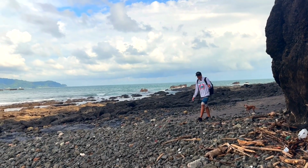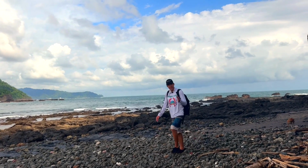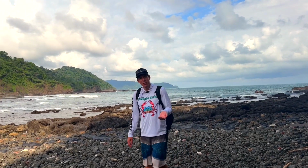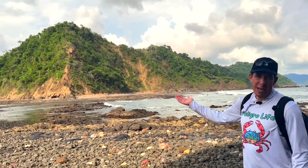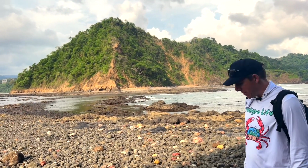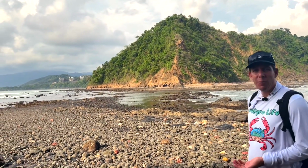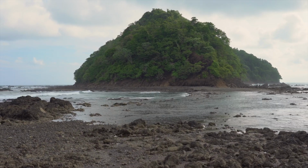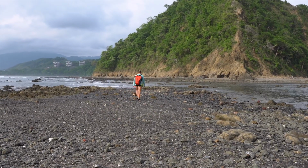Well, we made it back to the crossing in time. It looks like the tide's plenty low for us to cross safely. However, if nature didn't want to give us one more surprise, it's about time for the afternoon rain. I can see in the mountains the rains are getting ready to come in. So we might make it across safely and just fine, but we're gonna have to make it before the rains come. We said our goodbyes to Islas Palma, crossed the land bridge, and started heading back to the truck,